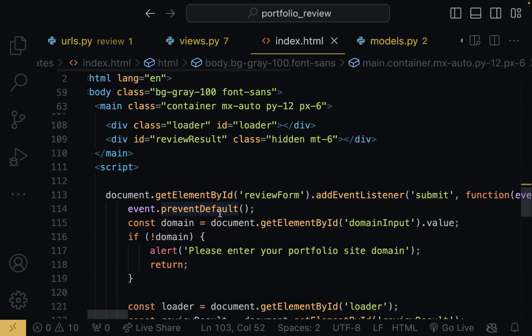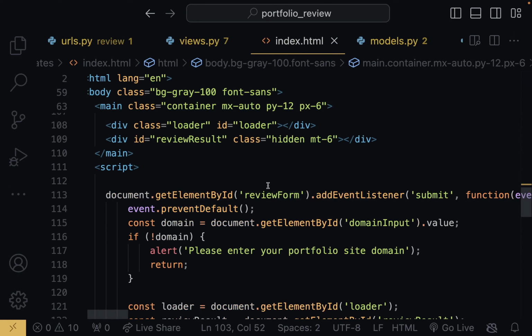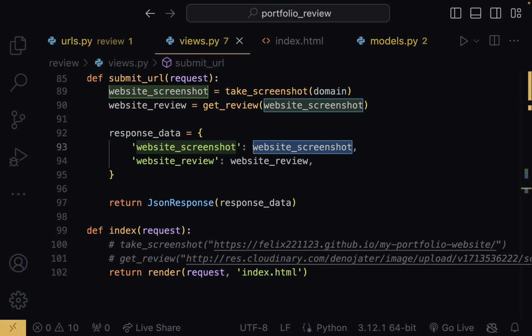Right now, we are just showing a user the screenshot and the feedback, but we're not actually saving all of this information into our database. So we need to do that. The first thing I'm going to do is come into views before I even do anything. And right here in views, you're going to see where we have